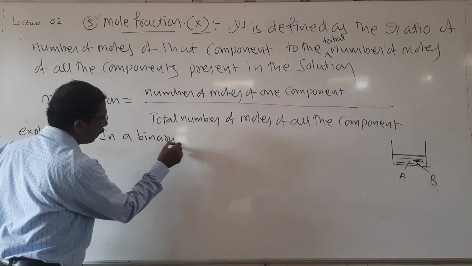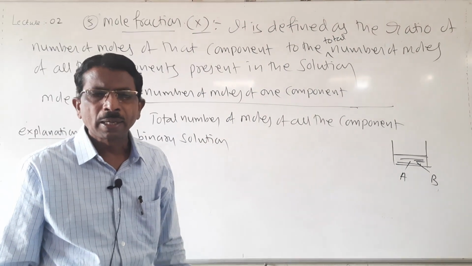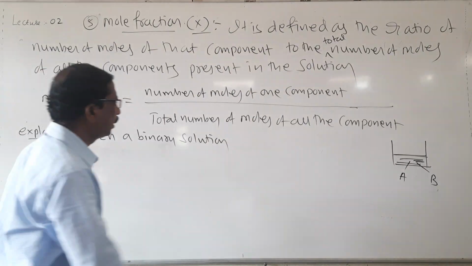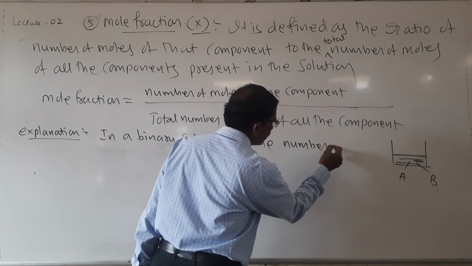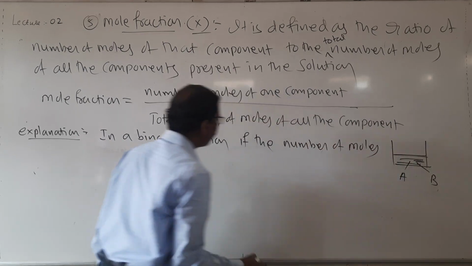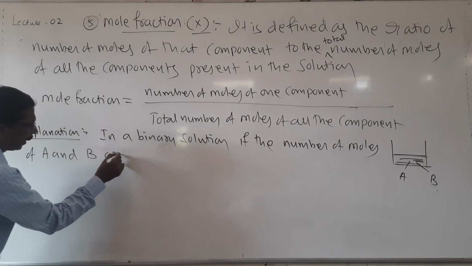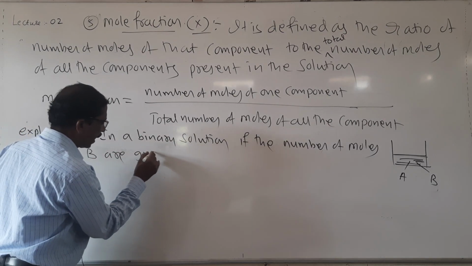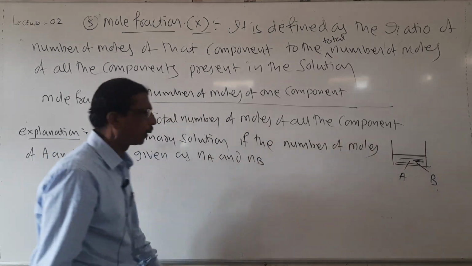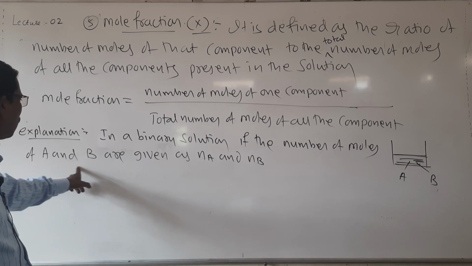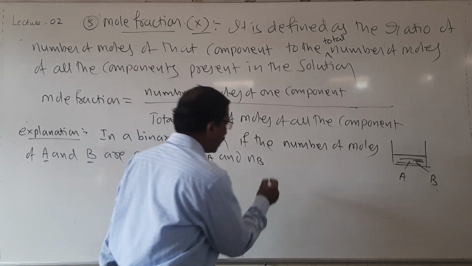It is a binary solution because it contains two components. If the number of moles of A and B are given as Na and Nb, then